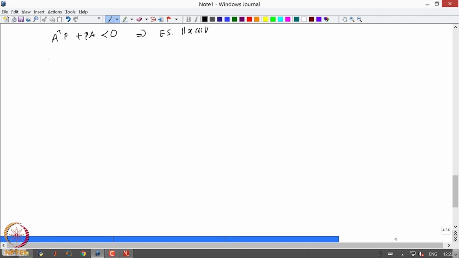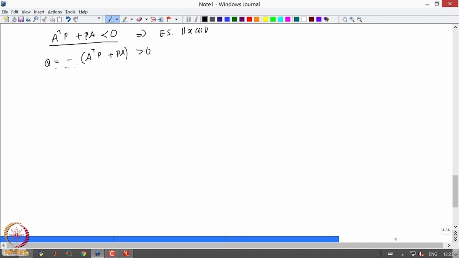So, let us assume that Q is such that A transpose P plus P A, that this is now greater than 0. Okay. So, if a condition like this holds, then this will be